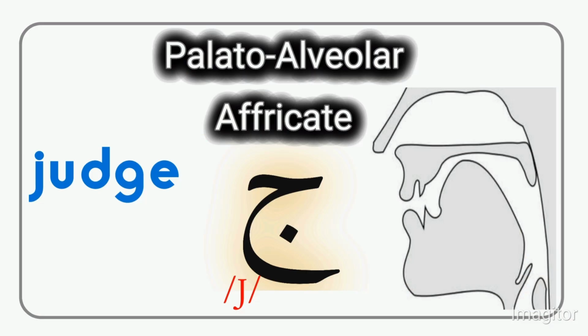Dear learners, today we are going to discuss another sound called palato-alveolar affricate. Let's begin our topic. Dear learners, when the middle front of the tongue touches the area between the alveolar ridge and the hard palate and blocks the air, and then releases it with a slight explosion and friction, it makes "Ja." This sound is called affricate because it is produced with friction and explosion, similar to the English letter sound